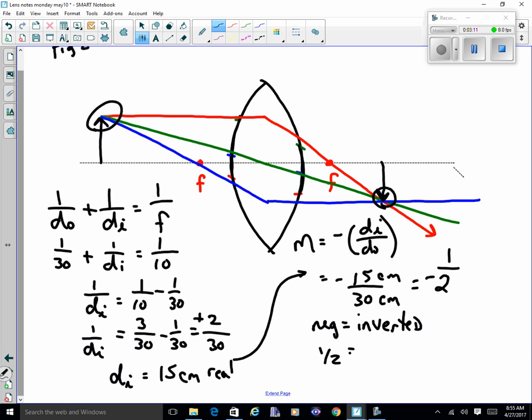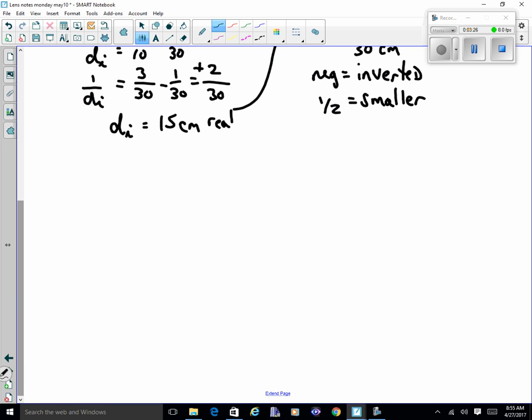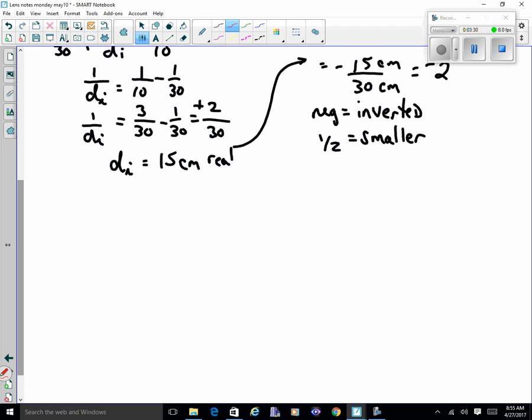Now they want you to do the same thing, but they want you to repeat this for the 10 centimeter and the 5 centimeter objects. So I'm just going to make my object distance farther away now. So I'm going to use the same formula that I did up here. Just going to change my object distance. So watch what happens here. I'm going to do 1 over di equals. Now my object distance is now going to be